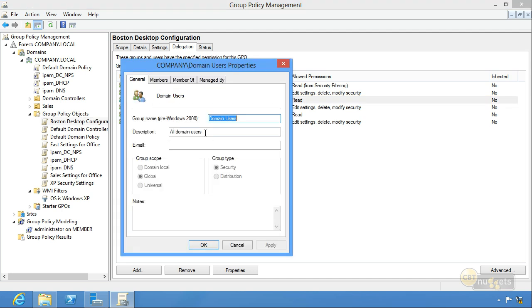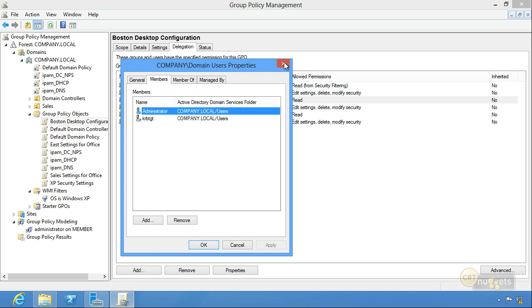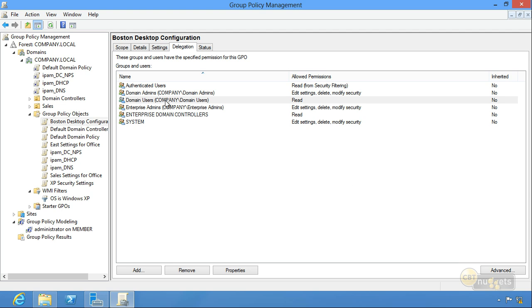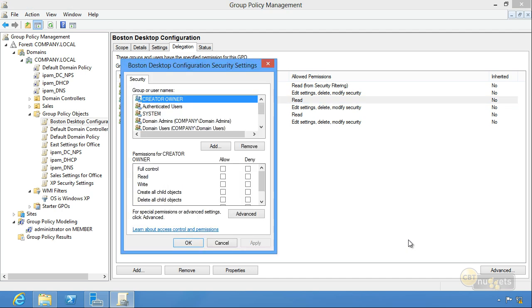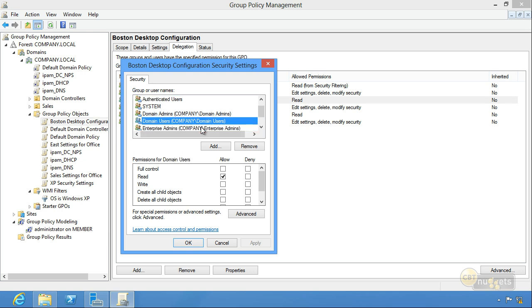So I can pop this dialog box up and get a little bit more specifics on who's in here and everything else, and that can tell me who's actually able to read this thing. So you can do a nice little drill down right from there. And now here's the really tricky part. I'm going to make sure I'm clicked on that. I'm going to click Advanced. And remember before, I really only got 3 sets of permissions offered to me: read, edit, really. Here, I'm getting a full permissions dialog box, and I can deny